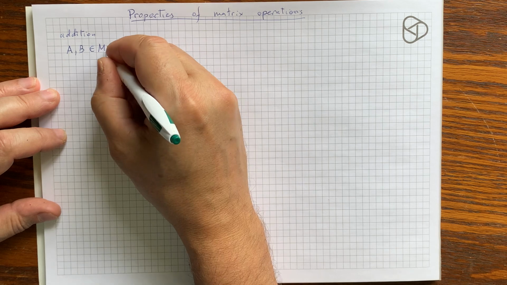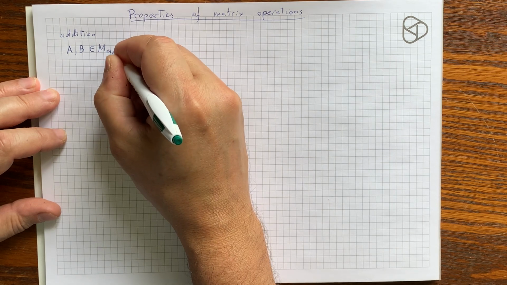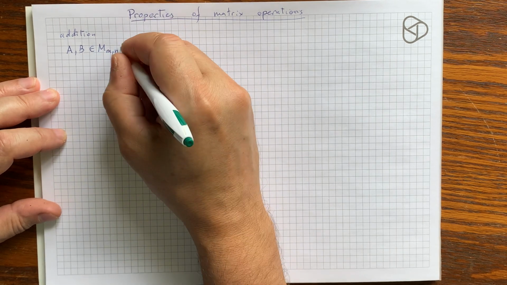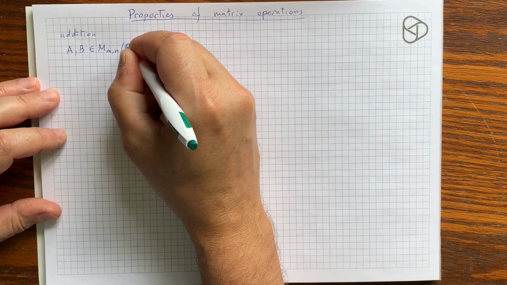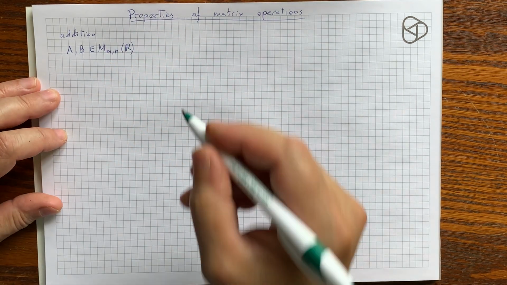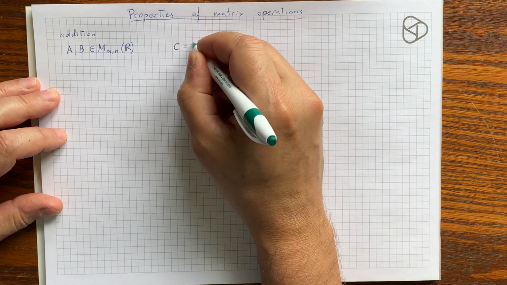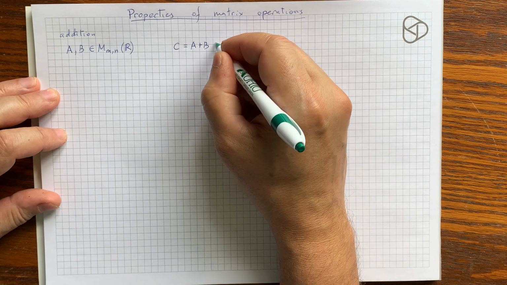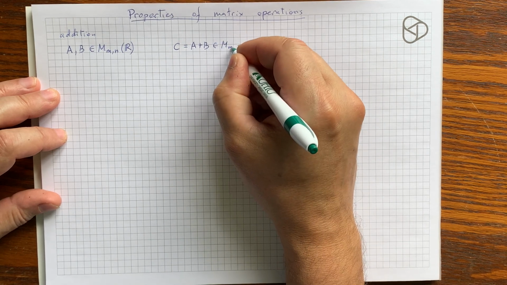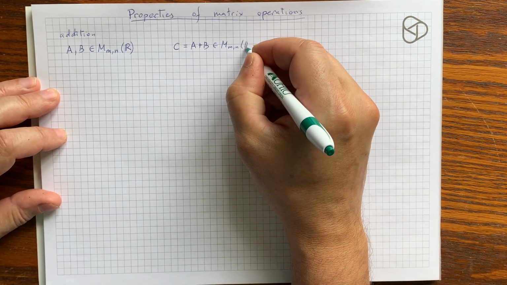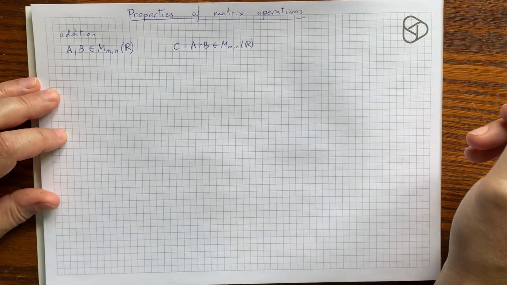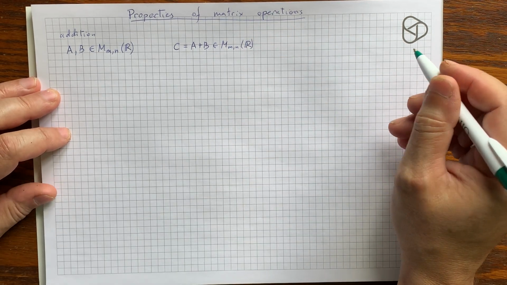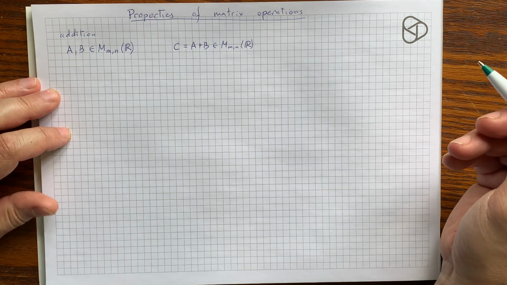So we'll introduce notation for the set of all matrices with m rows and n columns and real coefficients. And then the sum, calling it C, is going to be the same size, with m rows and n columns. And the way we computed this